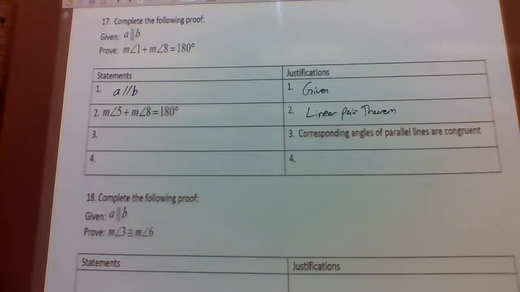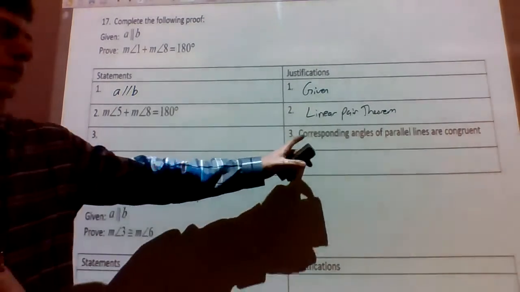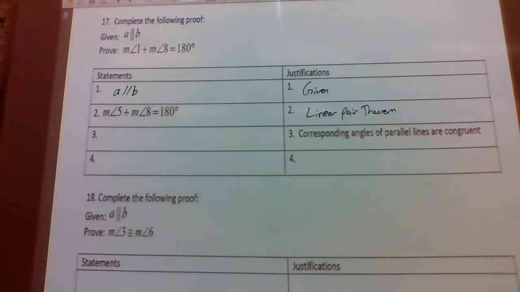I don't like a proof like this because it's really leaving out steps. I wouldn't worry too much about these. So we have angle 5 and angle 8 add up to 180. Then it's saying corresponding angles of parallel lines are congruent. So we're looking for corresponding angles. We're probably looking for an angle that is corresponding